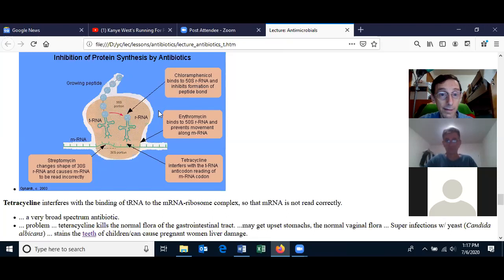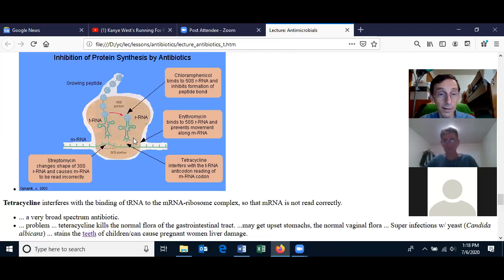And then that inhibits the formation of the peptides being linked on the growing chain to the new peptide on the new tRNA, or, yeah, that's right, tRNA. And so that stops protein translation. You can have the antibiotic binding to the ribosome and then preventing it moving along the messenger RNA. And we'll talk about each of these.